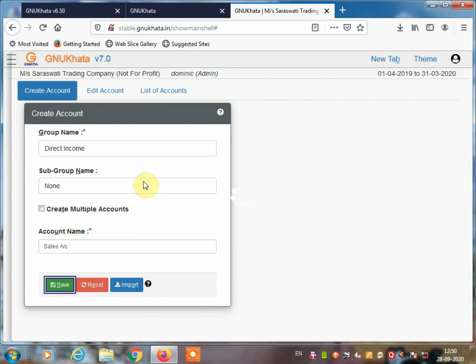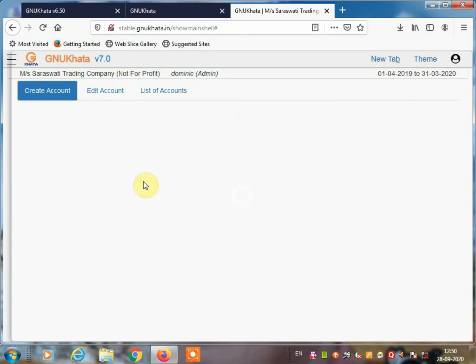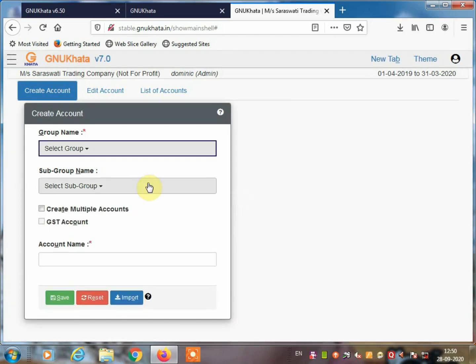Next, purchase furniture for office use 25,000. Here it is a payment voucher. We have purchased the furniture for office use, means purchase account debit to cash account credit. Here the cash account is already created by default. The purchase account we already created under purchase direct expenses. So no need to create again.